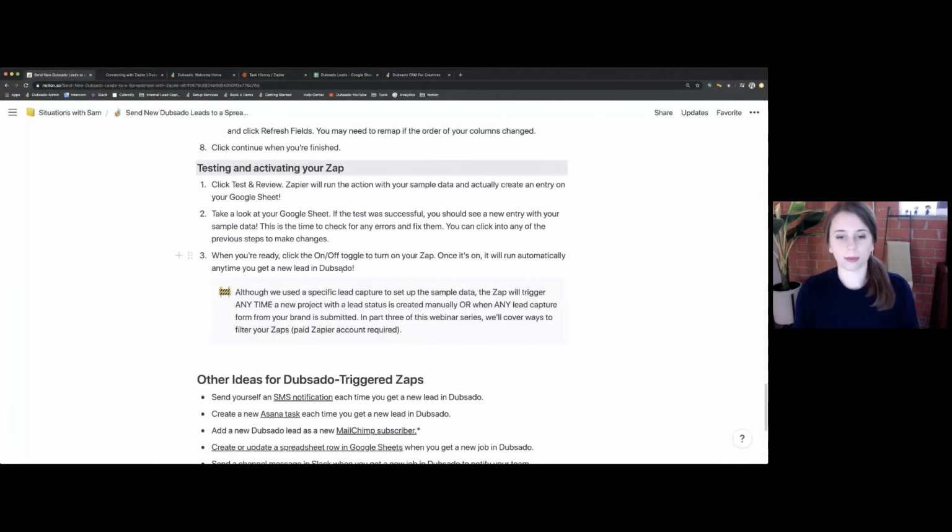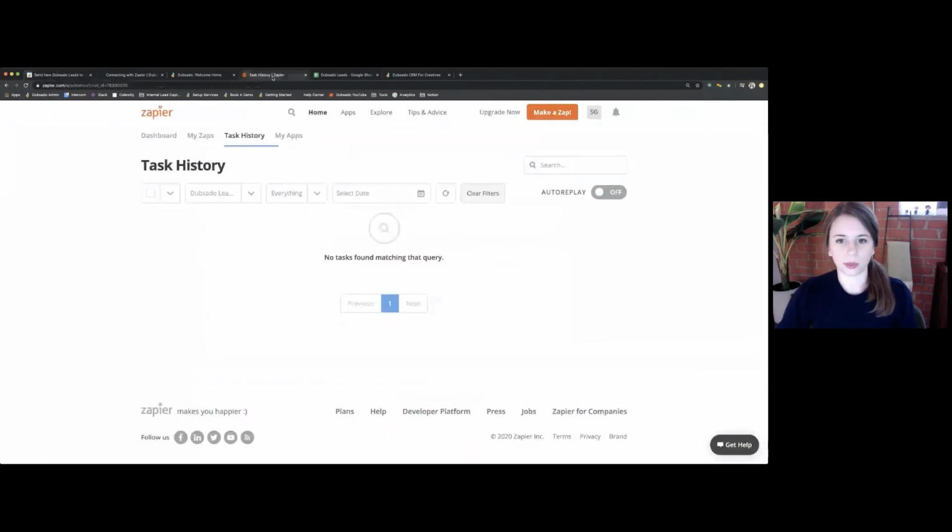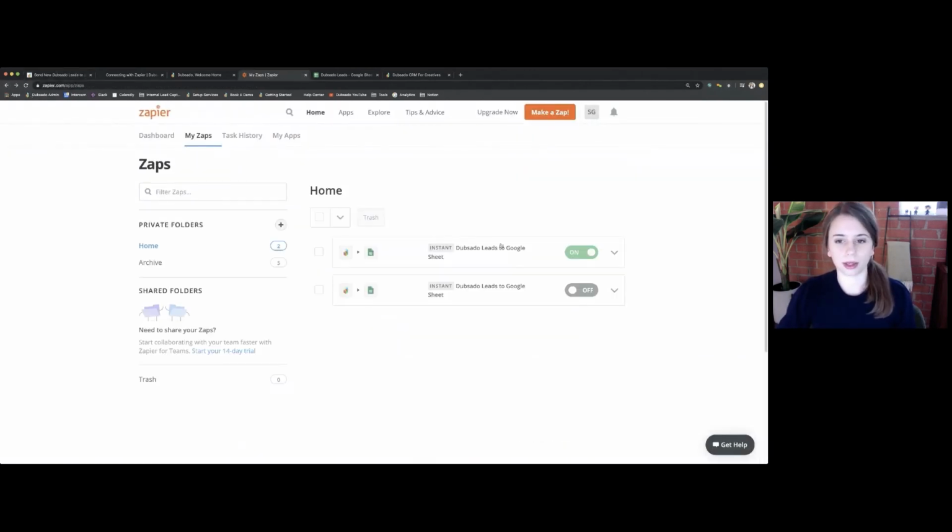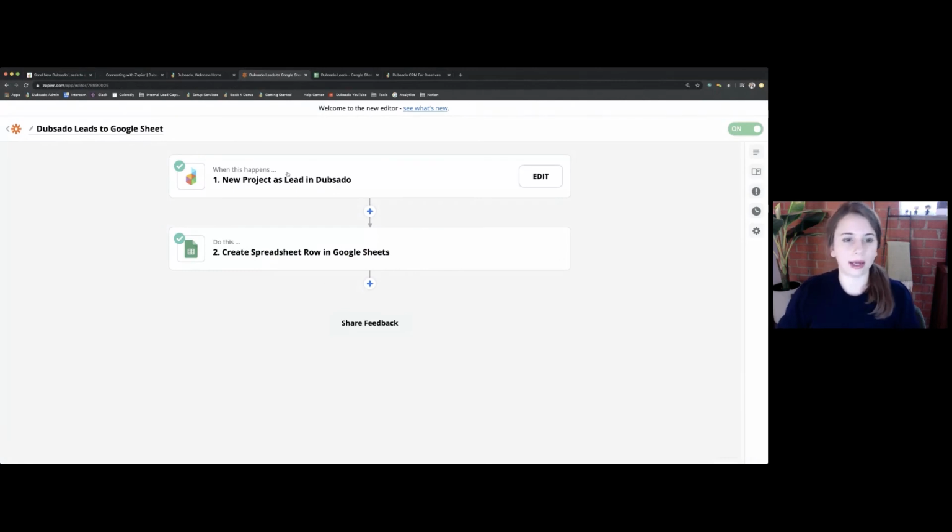I do want to point out something here. I used a specific lead capture form to help me create the sample data for the Zap. Even so, this Zap will trigger indiscriminately of whether the client fills out that lead capture form, another lead capture form, or you make the project manually and set it as a lead. The Zap on its own, as we created it, if we go back here, just has two steps. Anytime a new project as a lead is created in Dubsado, it runs,